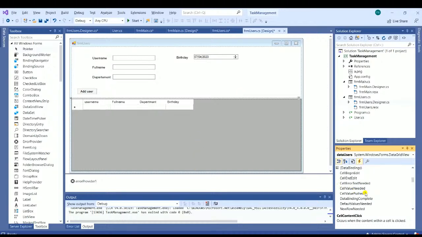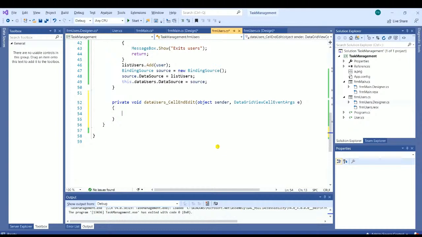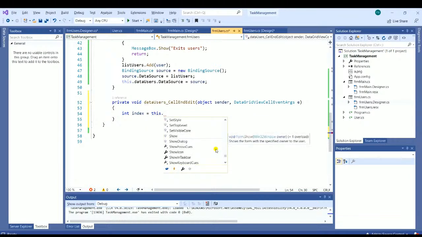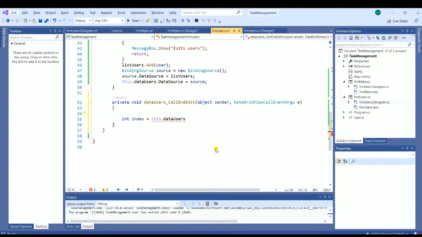This is event save and edit. When it's edited, we will update this. So first we must know the index because this top data. So okay, the index of cell is in row index